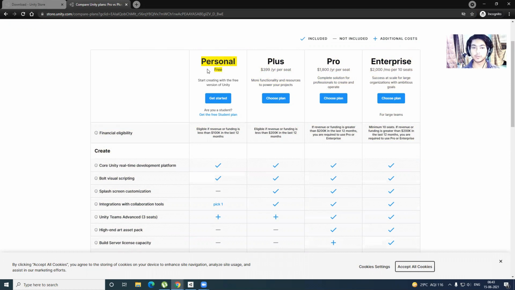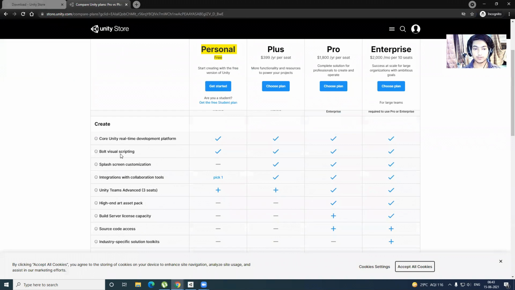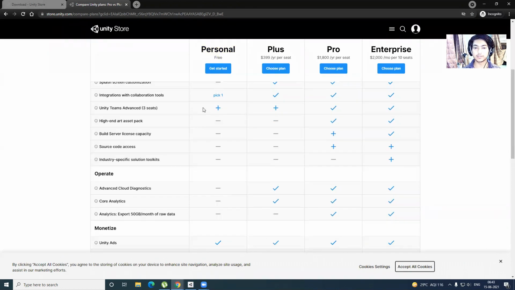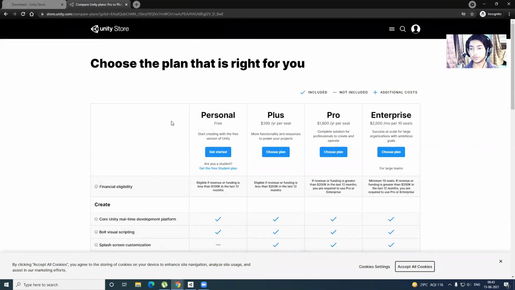Individual developers like you and me go for the personal license. We have most of the features available except for the cloud diagnostics and the high-end art asset pack, but if you want those, you can get them. There's no technical support, but all the answers are available if you Google it correctly.